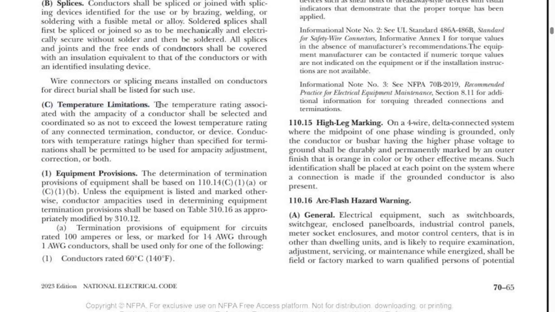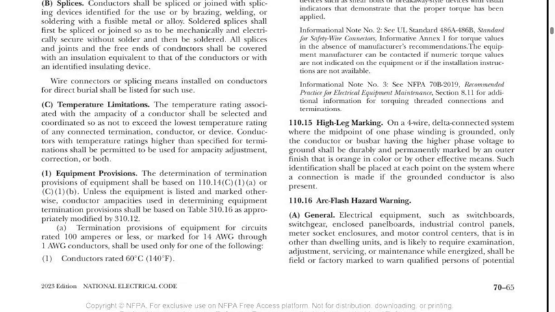We could even read it right here. The temperature rating associated with the ampacity of a conductor shall be selected and coordinated so as not to exceed the lowest temperature rating of any connected termination. In other words, wherever you're terminating your wires, that's going to determine what temperature rating of conductor you'll select.